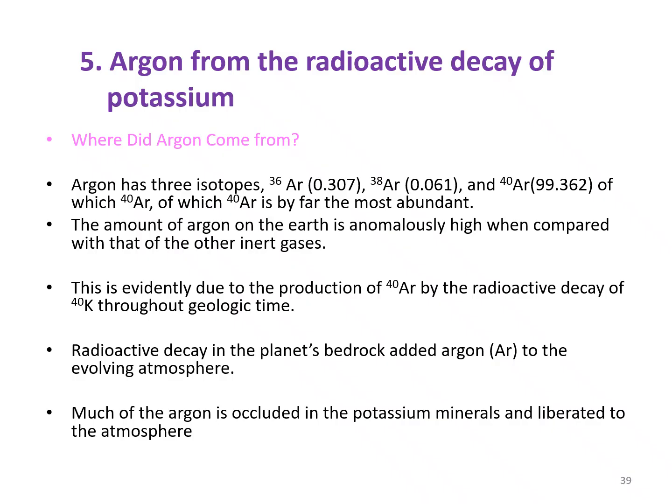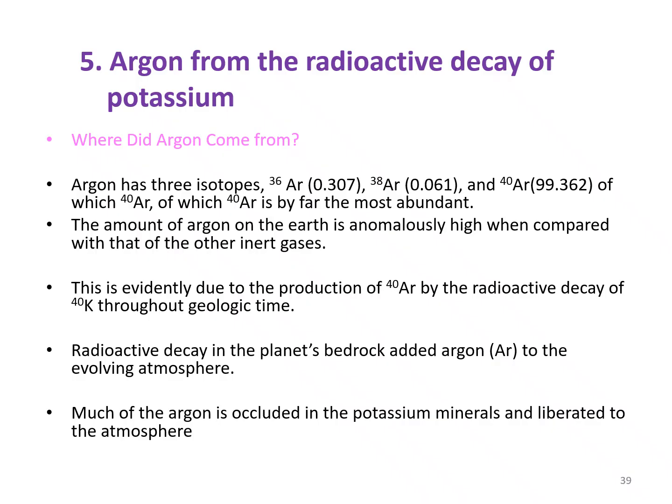Then how has the argon come about? Argon has three isotopes: argon 36, argon 38 and argon 40. Argon 36 has an abundance of 0.307, argon 38 has an abundance of 0.061, and argon 40 has the highest abundance of 99.362. So that's why argon 40 is by far the most abundant of all the isotopes, compared with argon 36 and